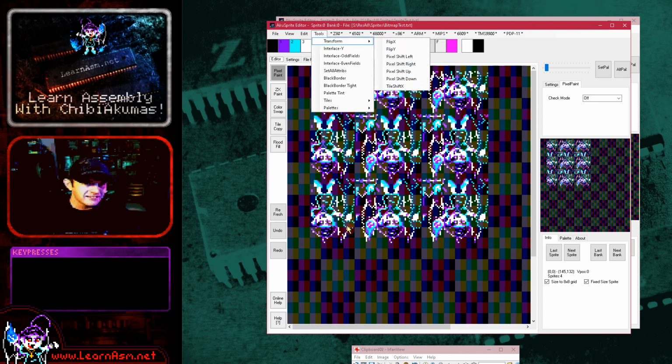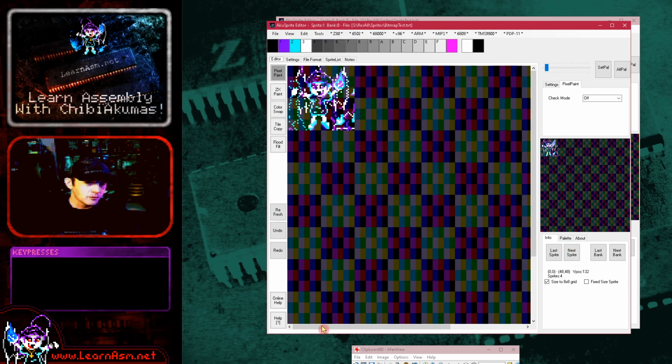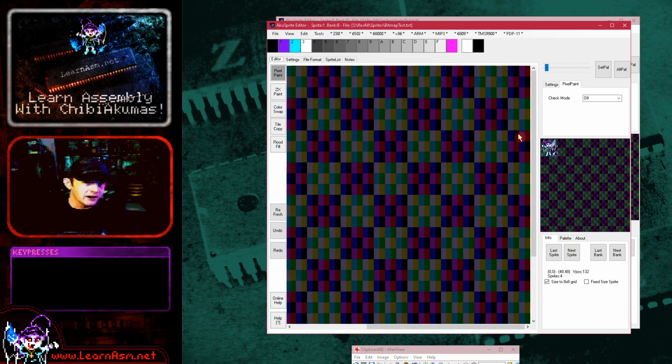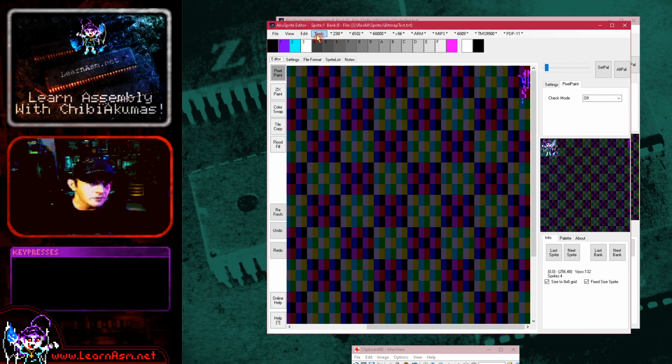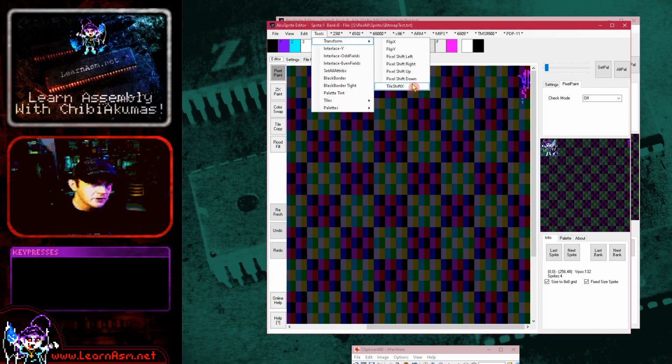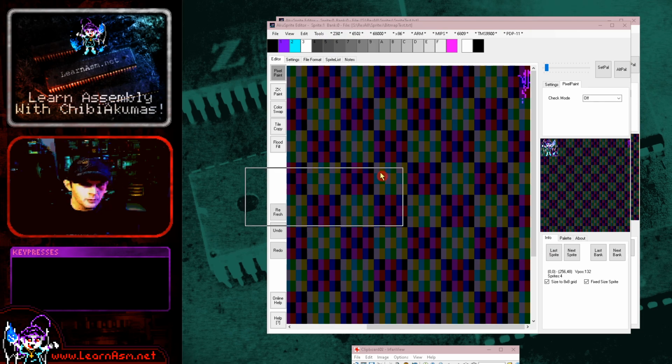Now Tile Shift X, this is an odd one. This is something that was used for creating the background tiles for Chibi Akumas on the Spectrum and MSX. Now it only works on 256 pixel wide sprites. Now if I just put some junk in here, and if I just make sure that the sprite is 256 pixels wide here, and then if I do a tool transform Tile Shift X,